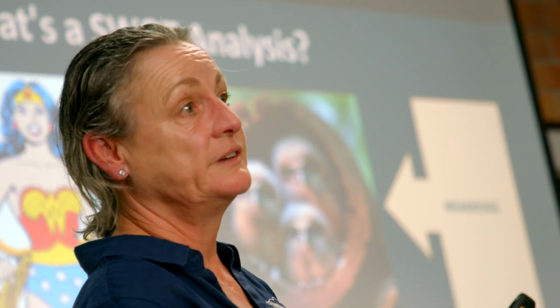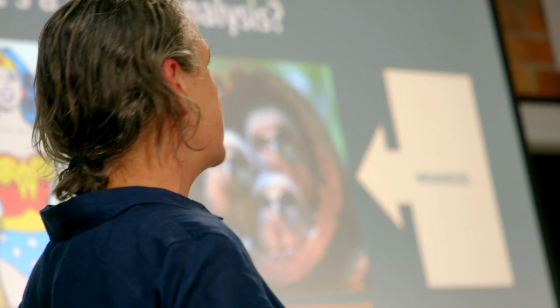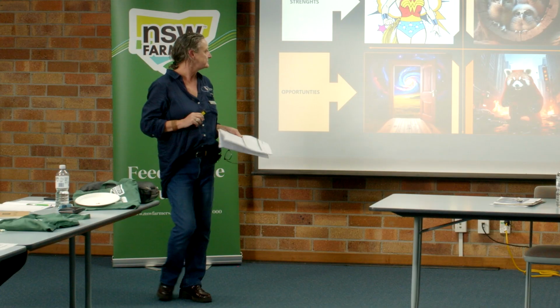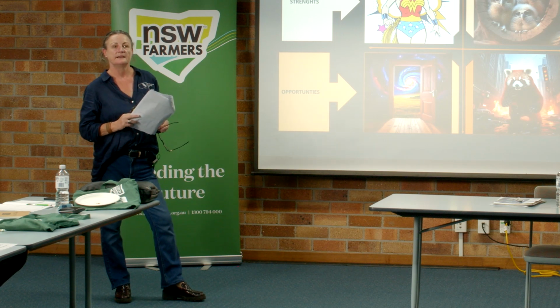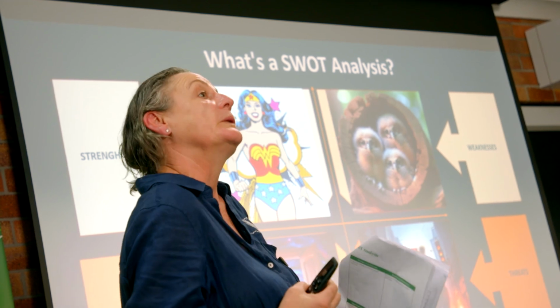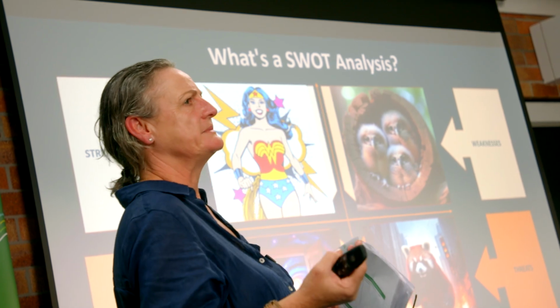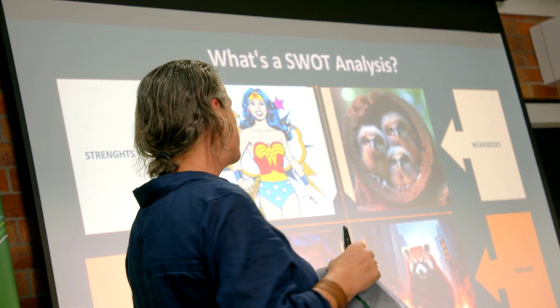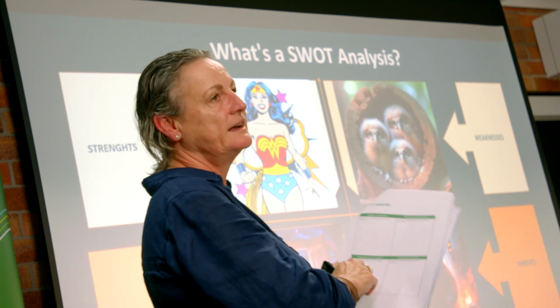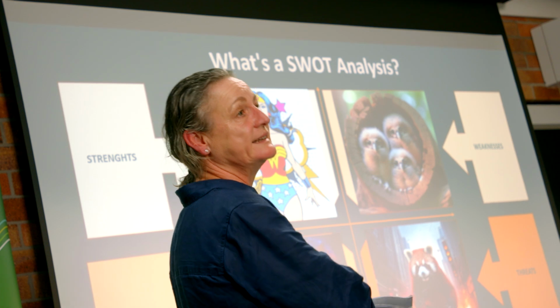Part of this business plan is making sure everybody's on the same page. If you can all identify similar things in all of these categories, then you can work on a plan to mitigate, eliminate, make the most of your strengths and look at those opportunities. Some people think that identifying a weakness is a weakness in them, or don't want to boast about the strengths they have. As I said, we work on the weaknesses and the threats, and there's your opportunity list.